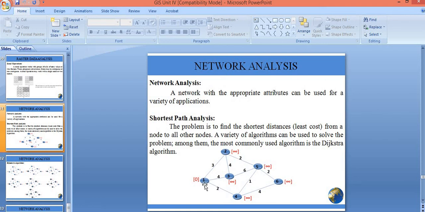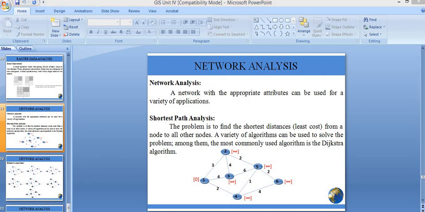Now during each stage, you will be exploring that node. Say, for example, the initial node or the source node is 1. For node 1, you will be assessing all its adjacent nodes. Assessing all adjacent nodes means you will be exploring all its adjacent nodes. During exploration, you will be finding the shortest path to that adjacent node.